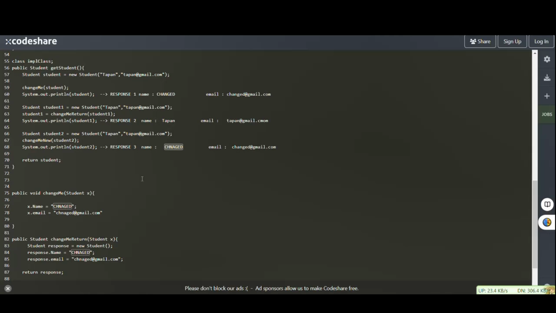So in Java there's no concept of pointers, right? Yeah. So let's look at any of the methods. Let's look at line number 67. We're sending changeMeNew, that is the method, and we're sending an object. So how does the method